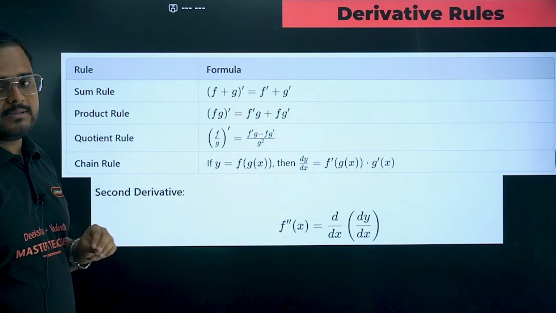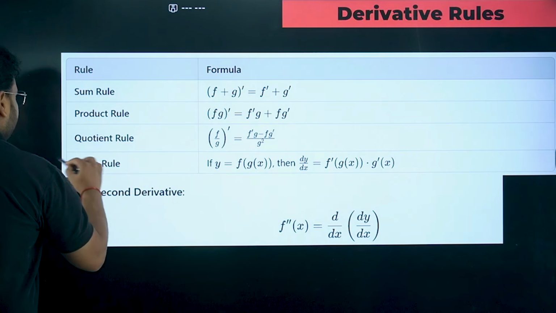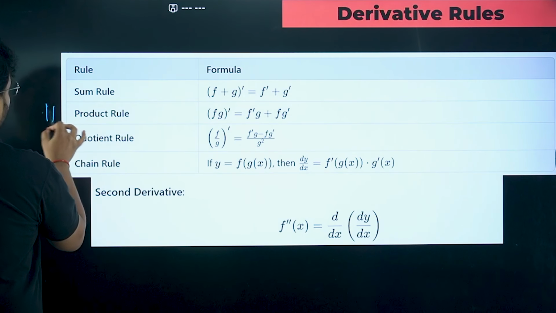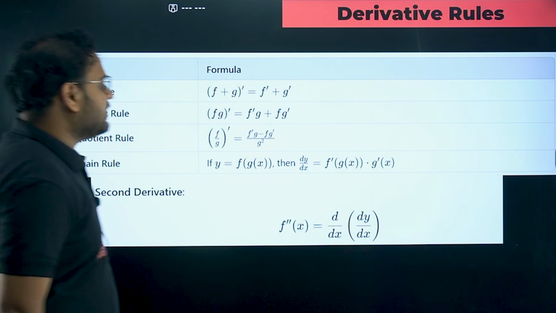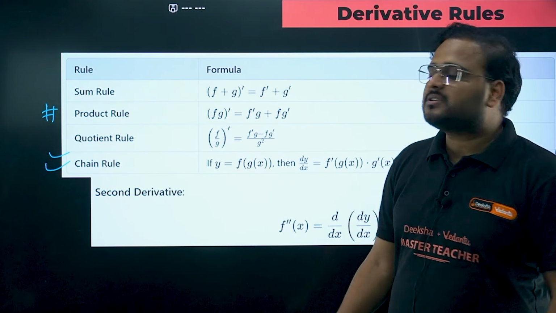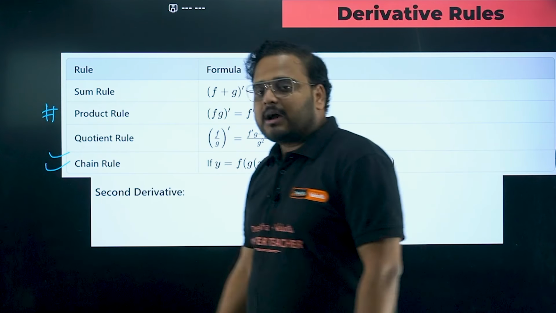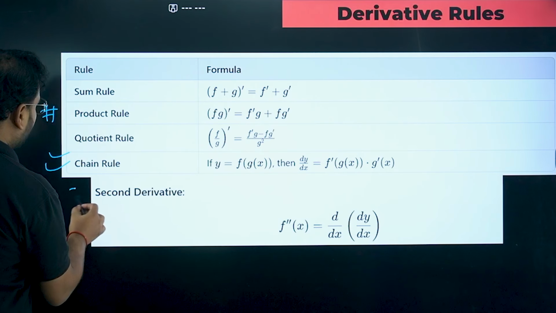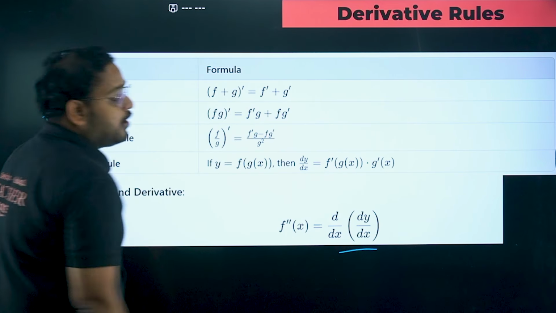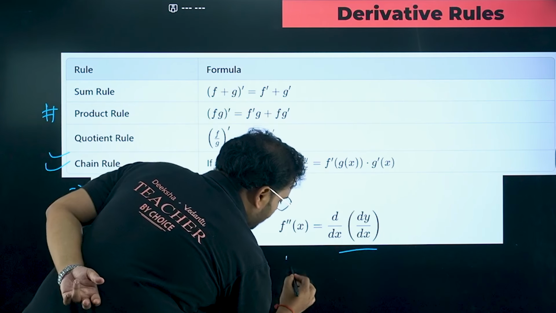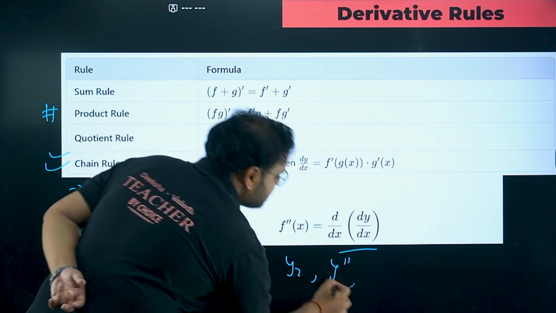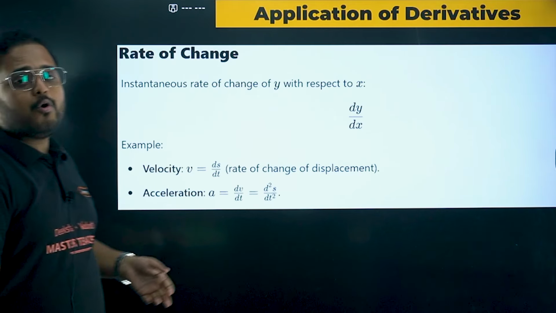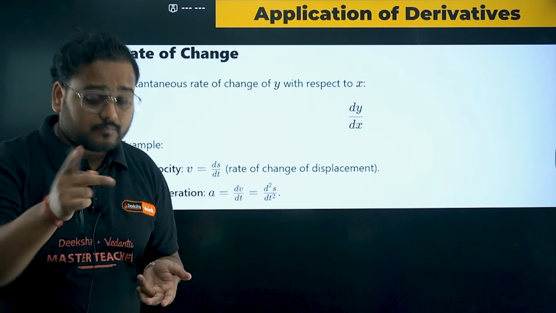Extremely important formulas. The rules, my favorite would be chain rule. Many questions have been asked on chain rule, but yeah, again, these are equally important. Product and chain rule, I would say, are the most highlight of these rules of differentiation. But even the quotient rule and sum rule come into the picture. But product and the chain rule are very much important. Second derivative, you all know, derivative of the first derivative is second derivative. Lot of questions have been asked. We write second derivative as y2, we write it as y double dash, and all this way to write the second order derivative, the representation part. In AOD, one question can come from rate of change.